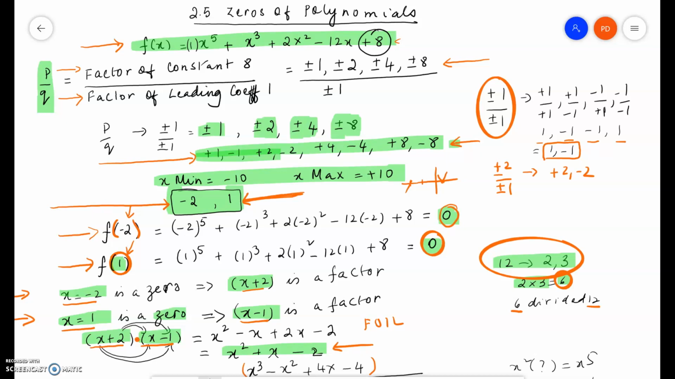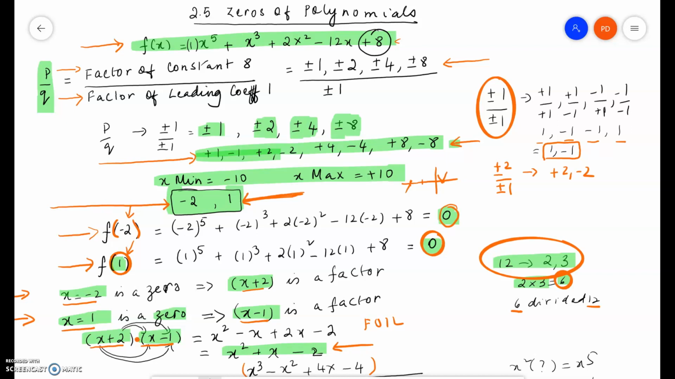So here we are given a polynomial function, which is f of x equals x to the fifth plus x cubed plus 2x squared minus 12x plus 8. We're going to find all the zeros of this polynomial. And the way we're going to find zeros is by starting off with